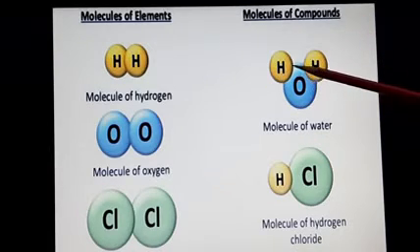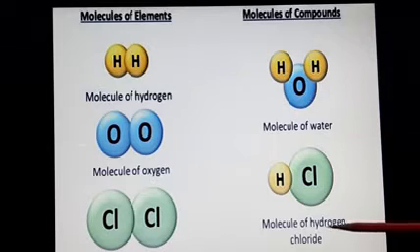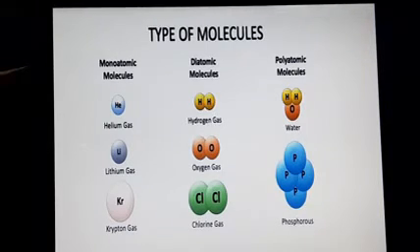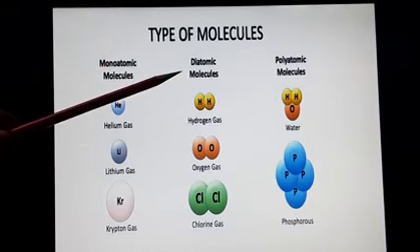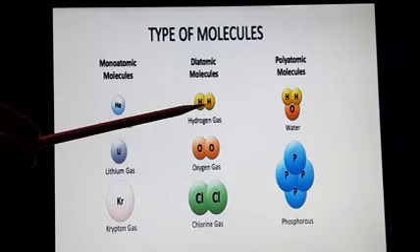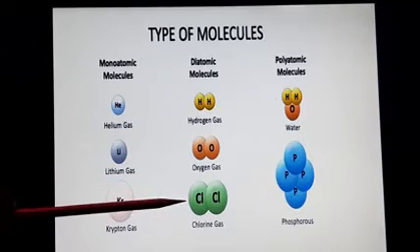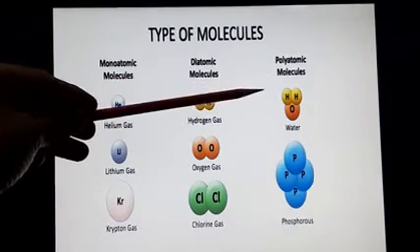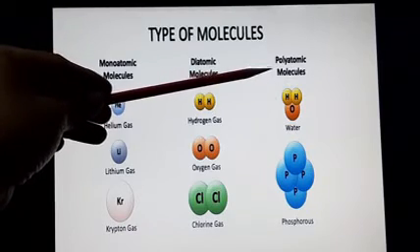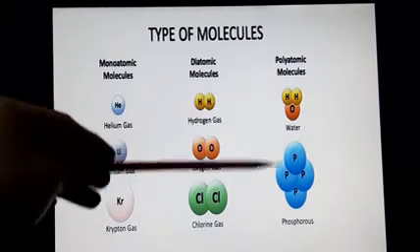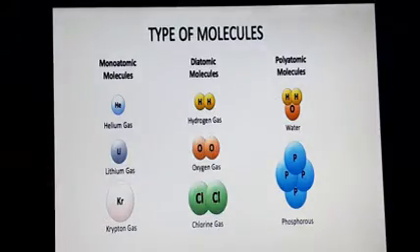So we got water molecule here, two hydrogen and one oxygen, and hydrogen chloride with one hydrogen and one chlorine atom. Also in nature, we find that some molecules are monoatomic. That means in nature we find them single, alone, like helium, lithium, krypton. Whereas some atoms are diatomic. That means in nature we always find them two together, say like hydrogen, oxygen, and chlorine. And therefore they are represented as H2, O2, and Cl2, we shall see in reactions. And some atoms are polyatomic. That means more than two atoms. So like water, and here in this case also a phosphorus molecule.